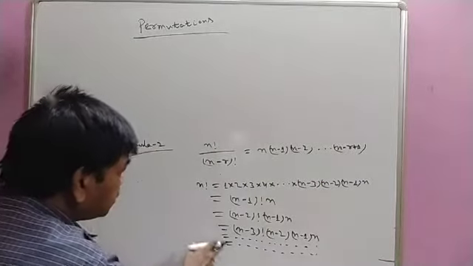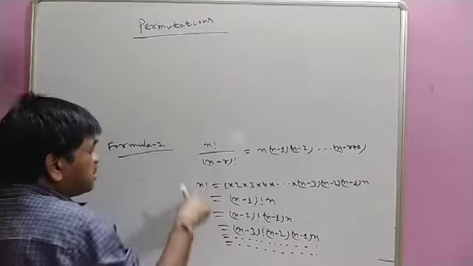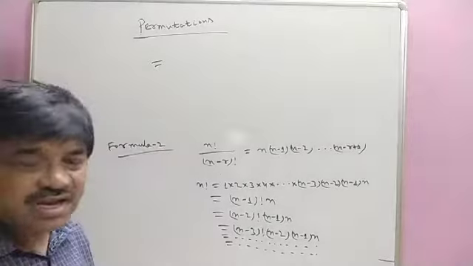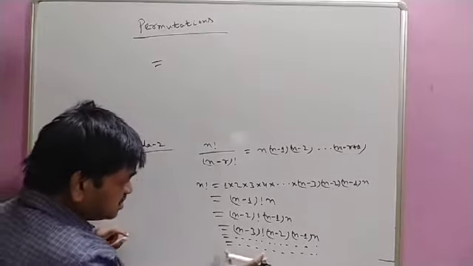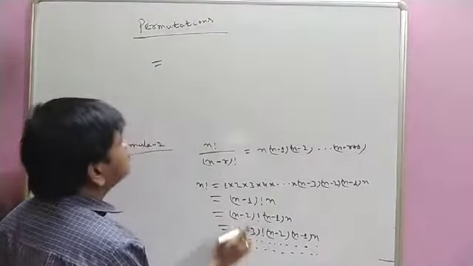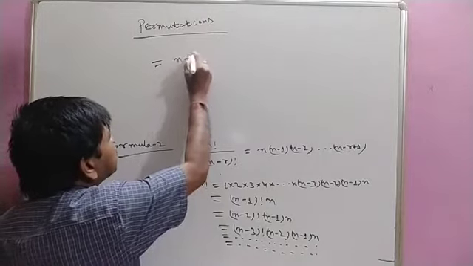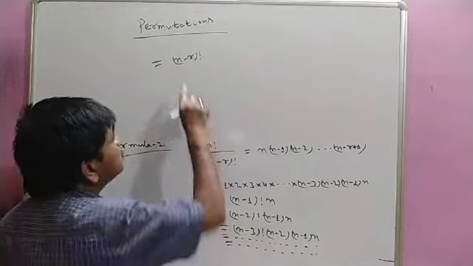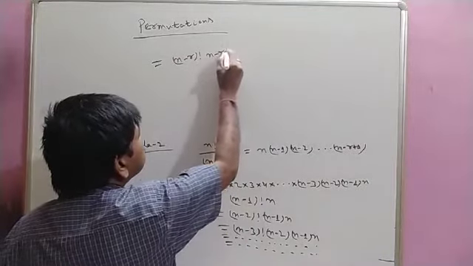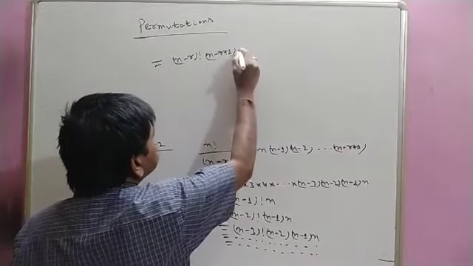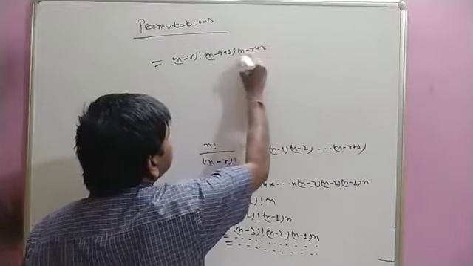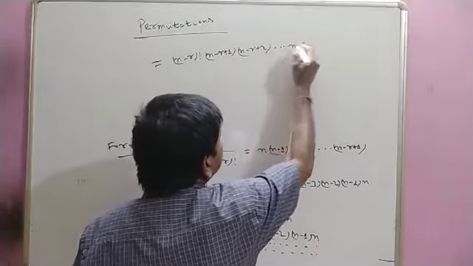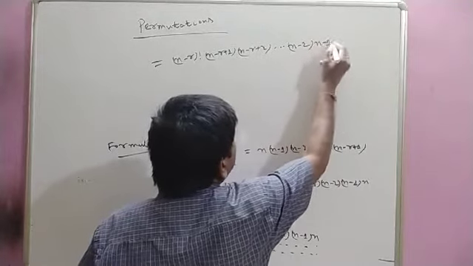So this you can write n factorial is equal to, your left side is n factorial. This dot dot means, suppose I say r factorial is there. So n minus r factorial, and the next one is plus 1, it is n minus r plus 1. Then the next one is again plus 1, so it is n minus r plus 2. Like this, the last will be n, that is n minus 2 into n minus 1 into n.